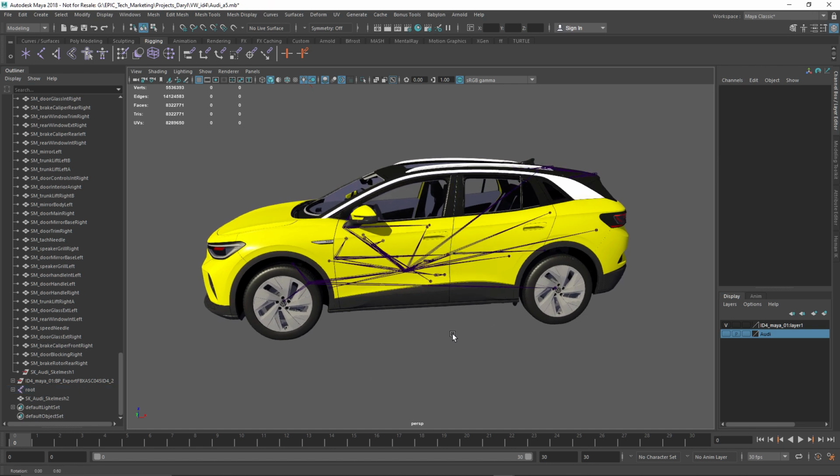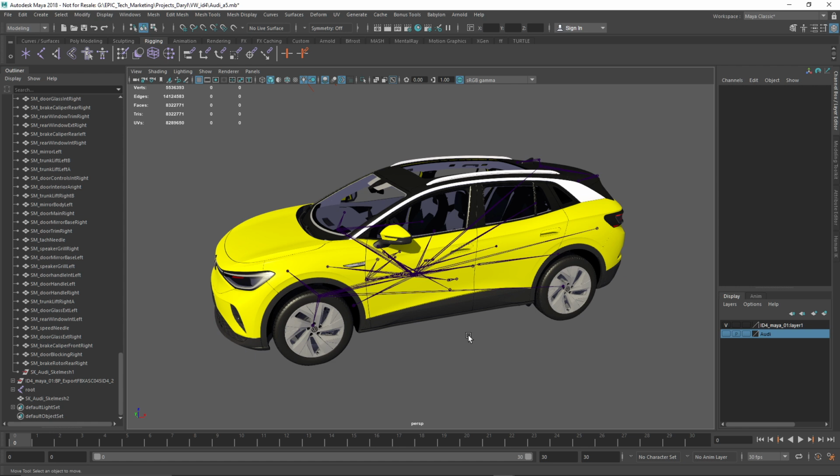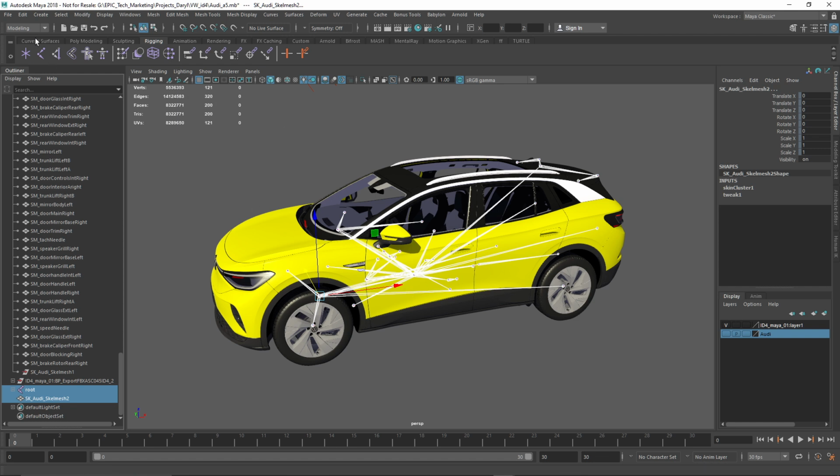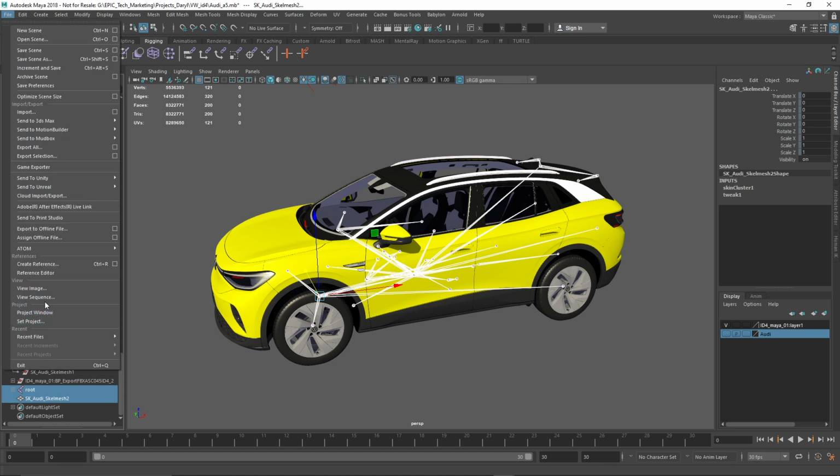So now that we've done that, the next thing that we need to do is export this skeleton out to become our new ID4 skeleton. So we'll grab our root, and it's very important that you grab the piece of geometry that has the skin cluster associated with it. For the skeleton to come across into Unreal correctly, it needs to have a piece of geometry bound to it. So that's just a little tiny helper. It's basically a little tiny cluster of one polygon that's going to help us with that. So we'll do an Export Selection, and we'll save this out as an FBX file.